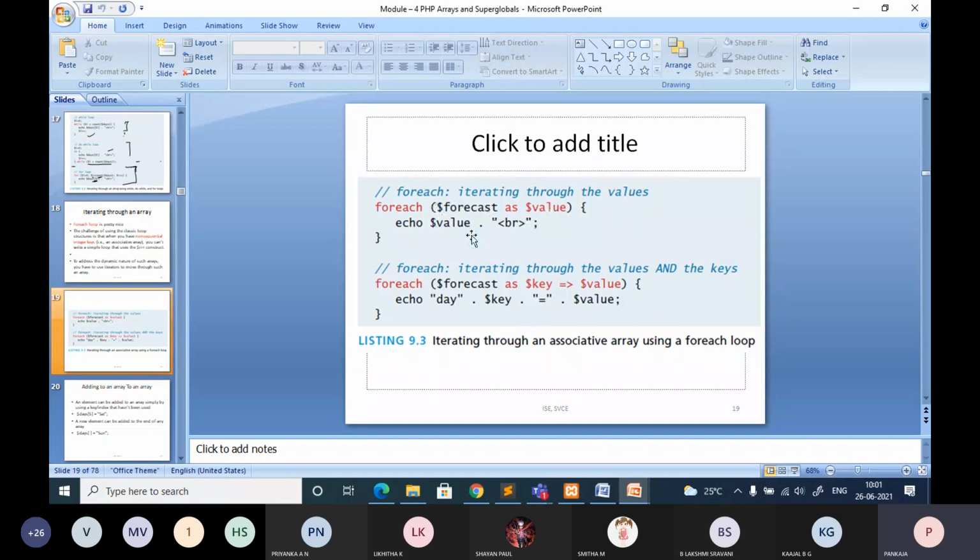This loop will execute as long as there are elements in this particular array. Once it reaches the end of the array, it will stop the execution and come out of the loop. That is foreach. Depending on the context, you can use either for or foreach.